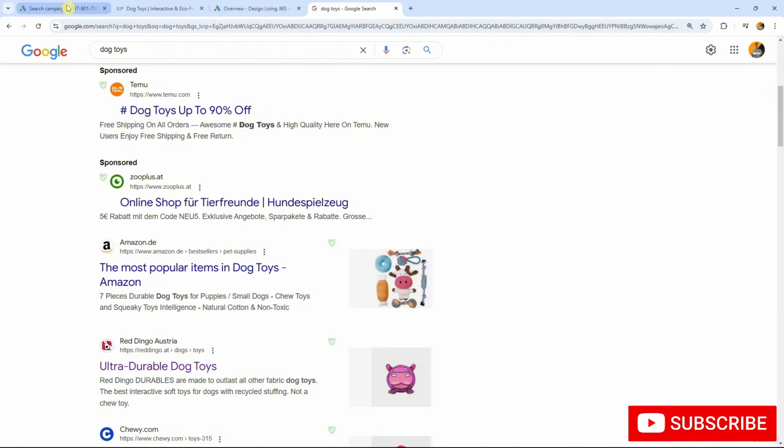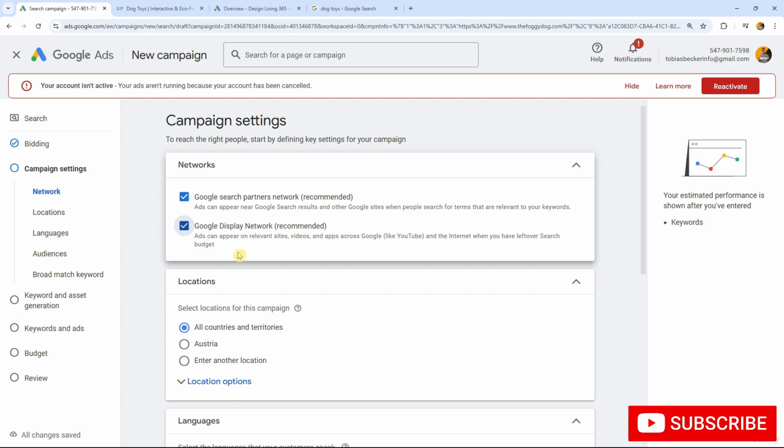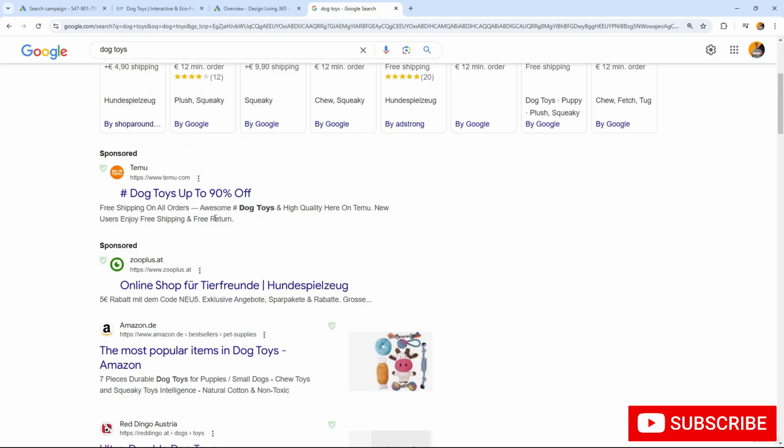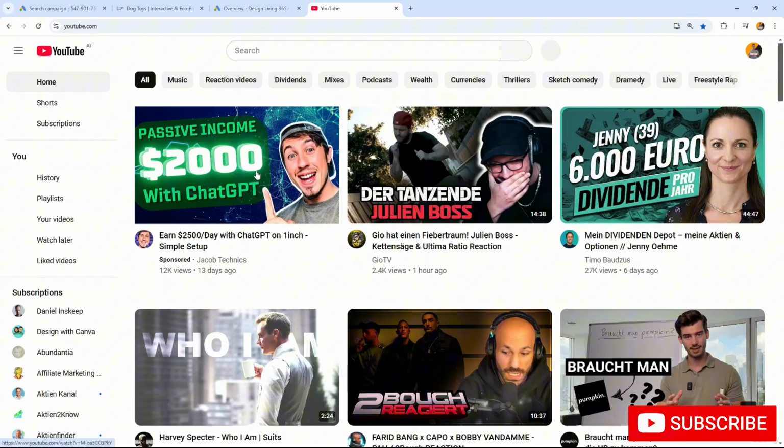So this is what we want to have with a basic Google search ad. We also have Google Display Network, and that means that our ads can appear on relevant sites, videos, and apps across Google, also YouTube, and the internet when you have leftover search budget. So when not all the budget will be spent on these search ads here, it might be possible that when we have a video on YouTube, let's say, I don't know, this video here,